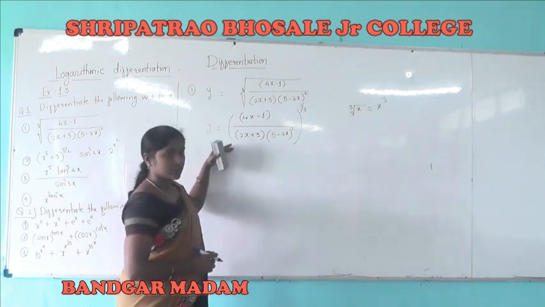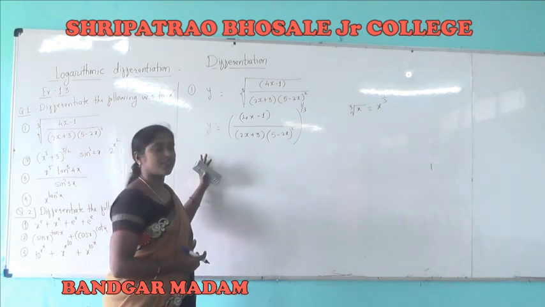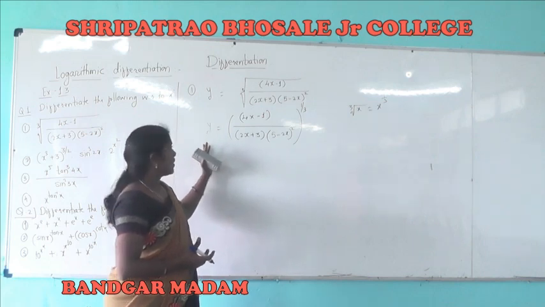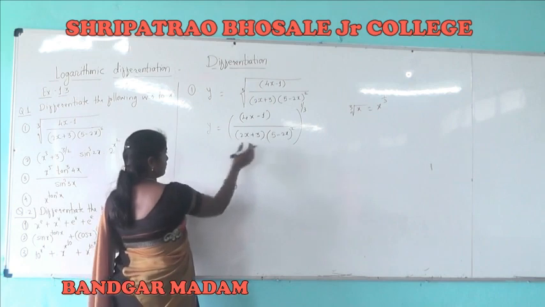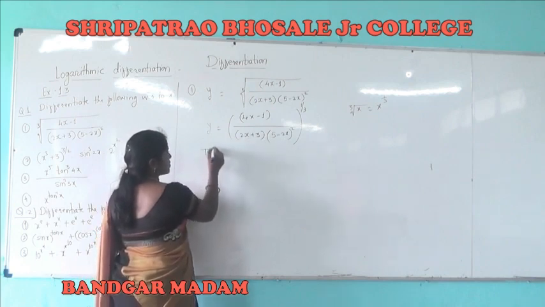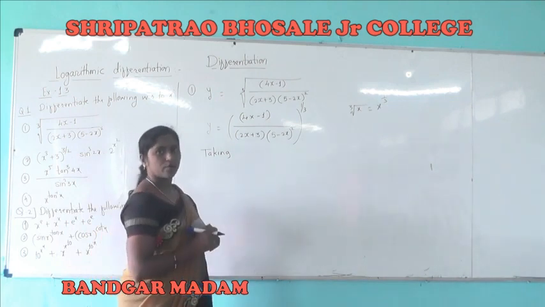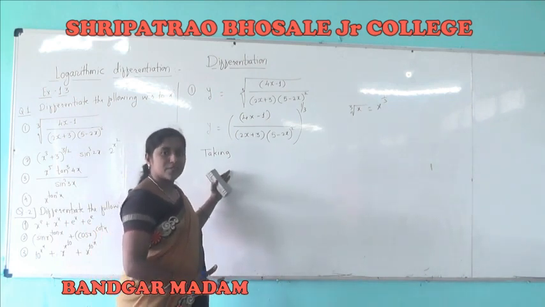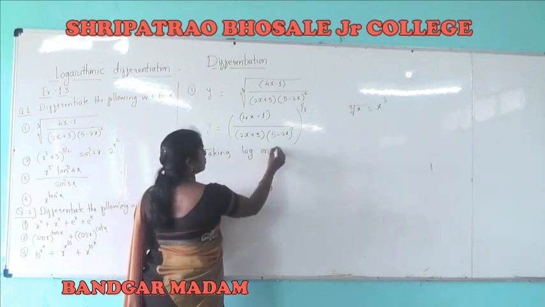Now we can take log on both sides. We are using logarithmic differentiation, so we cannot take direct differentiation over here. We have to first of all solve for y. For each of these examples we are taking log on both sides, then we will simplify for y and then we will differentiate with respect to x. So taking log on both sides,